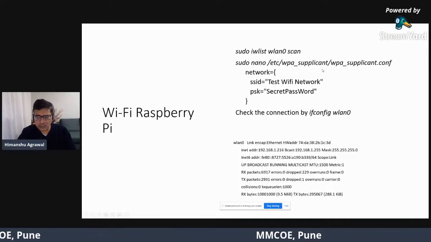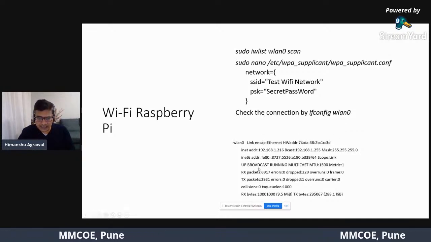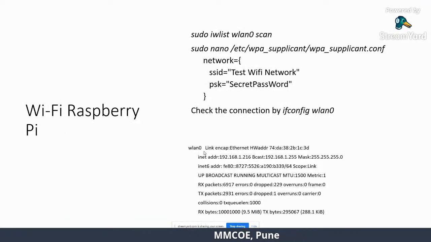Once I have my wireless network, which I can see here, I check the connection by typing ifconfig wlan0. If I type this command on the terminal window, then you see the details showing that my wlan0 is up. I can see my Ethernet address. I can see my IP address with the mask. You can see the transmit and the receive part of my packets. So that shows that my LAN interface is up, right?